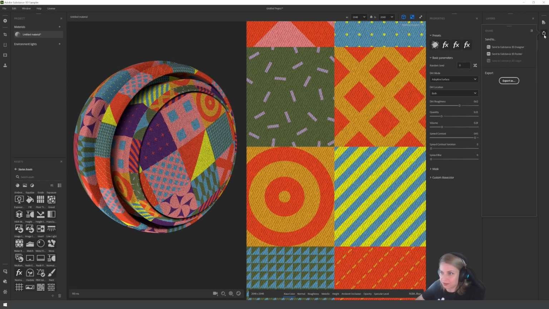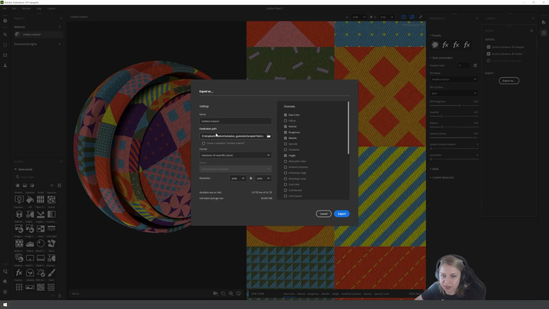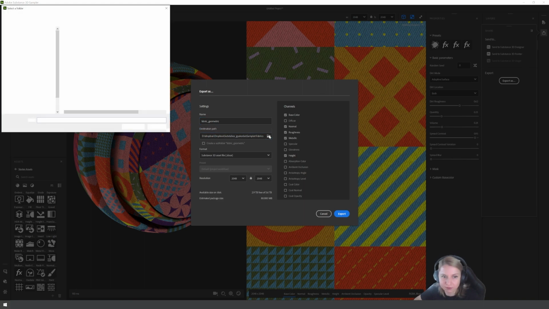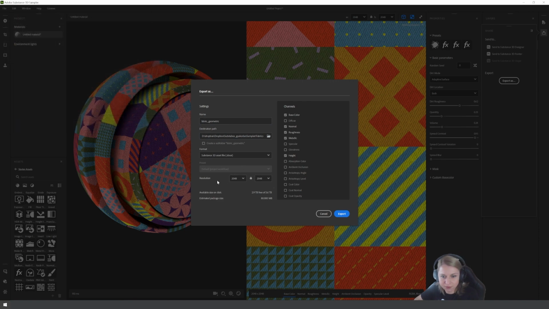What you can do with it is you can send it to, if you want to use a Substance 3D Painter or Designer, or what I like to do is I export the maps and we will call it Fabric Geometric. And we are going to save it here. Yeah, I will just stick to the 2K for the time being.